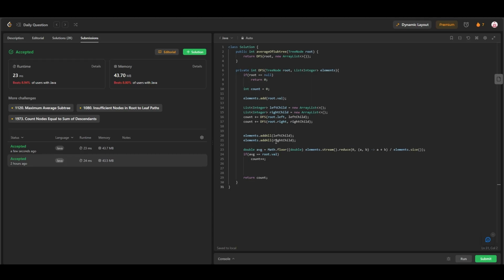And that's it. So maybe not the best solution, but I think it's pretty easy to understand and to get the basic concept of traversing the tree and how we are using a recursive function to traverse the whole tree. So if you have any questions, you can put